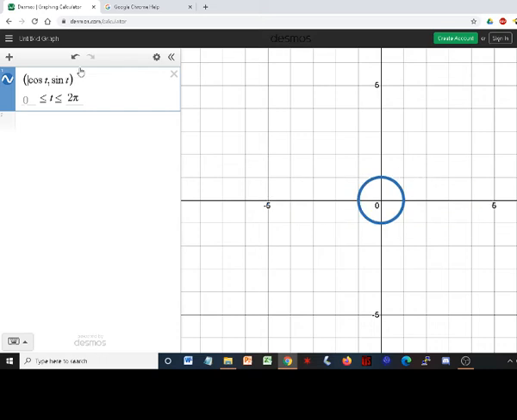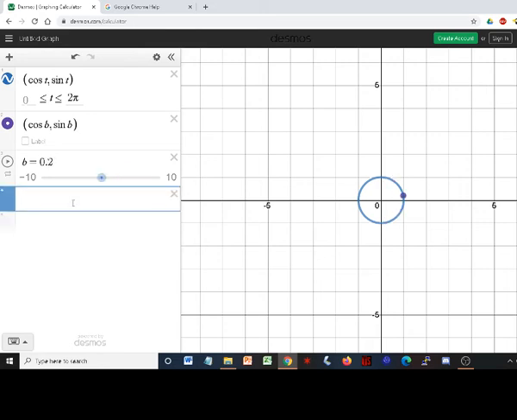Those rules will stay the same. But let's go ahead and make a point here, cosine b, sine b, and you can see this guy tracing around the way he should. What if I did it backwards, sine t, cosine t? Well,